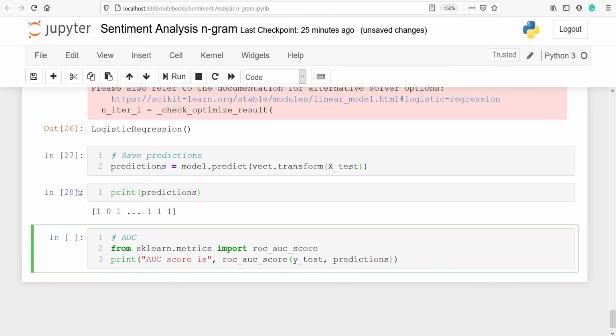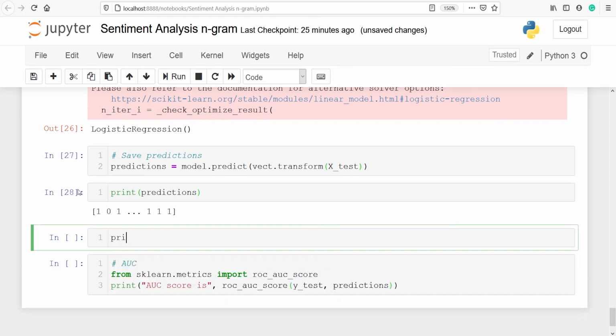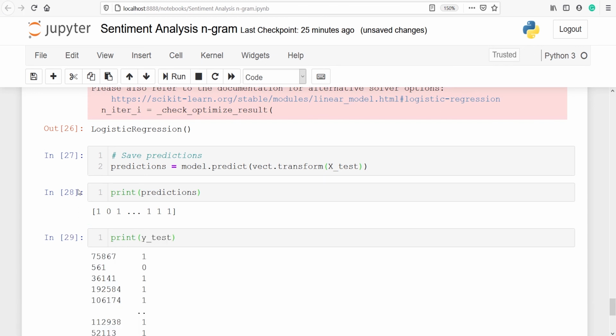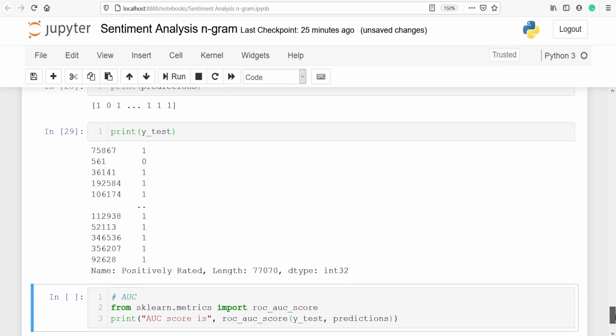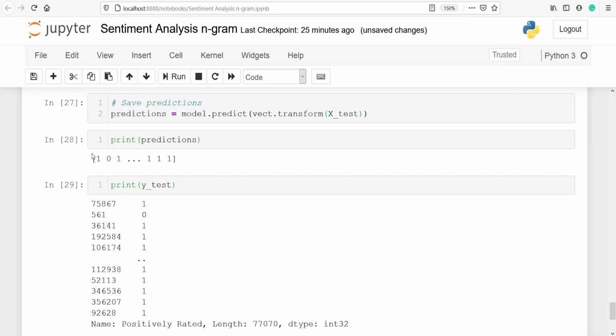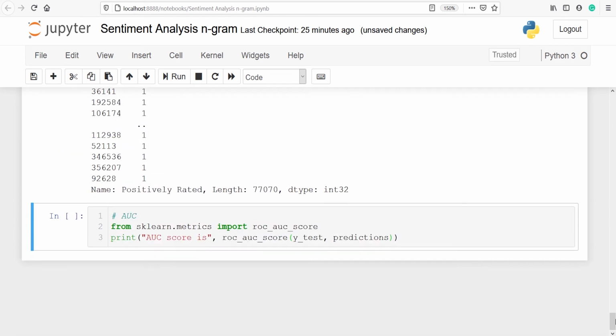I'll show you what we have in ytest. Print ytest. Here you can see we have 1 0 1 1, and in predictions we also have 1 0 1 1. So in predictions we have predicted values, and in ytest we have the actual values. We are making a comparison between the actual and predicted and calculating the AUC score.